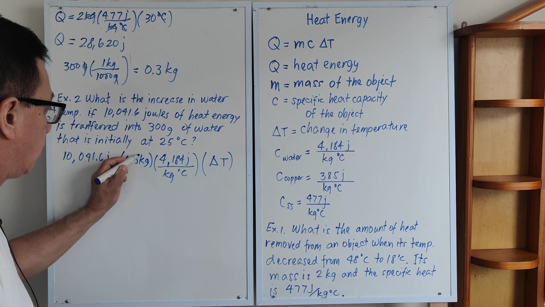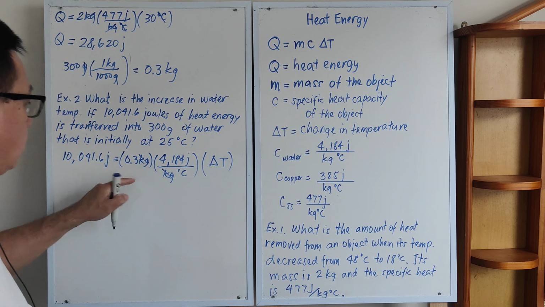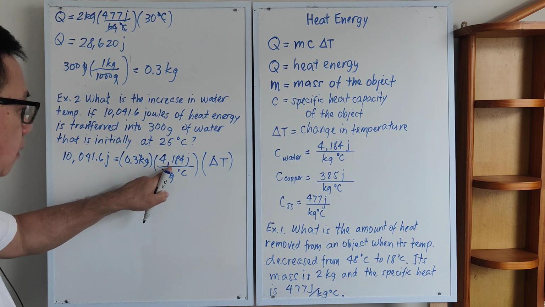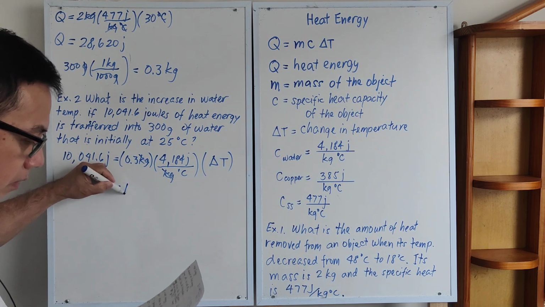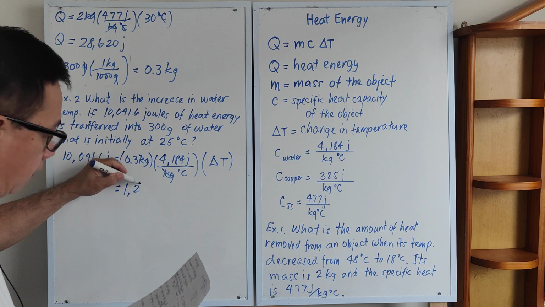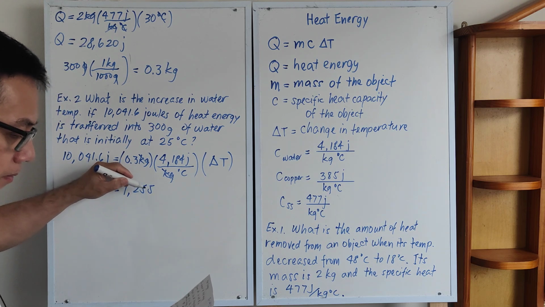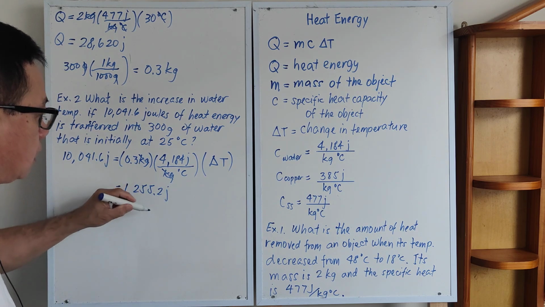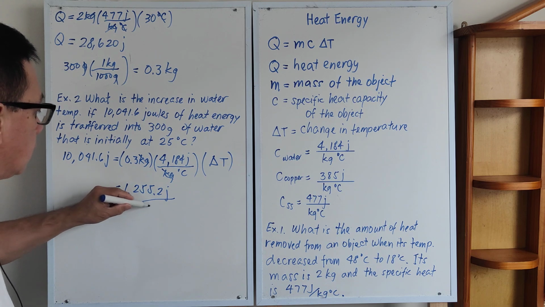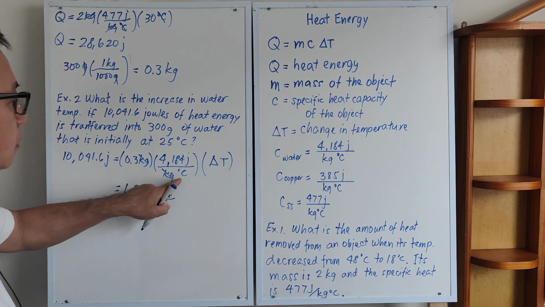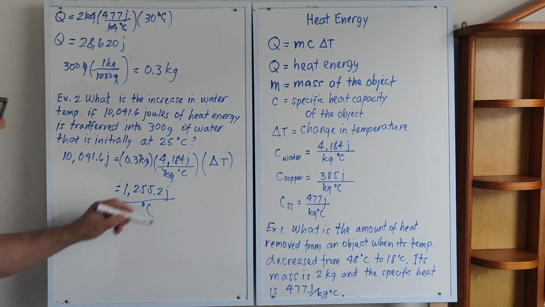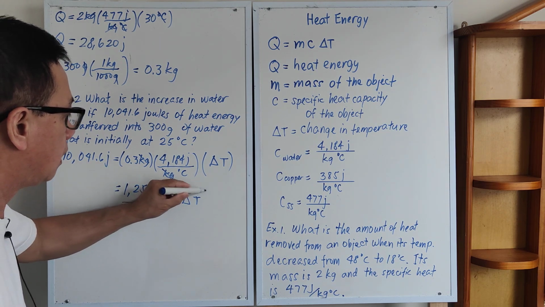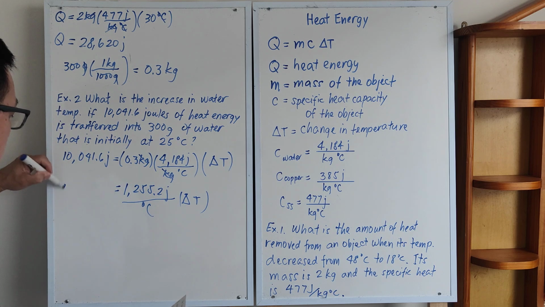Kilogram and kilogram will cancel out. We can multiply 0.3 by 4,184 joules, which is 1,255.2 joules per degree centigrade. So we still retain the units. Joules per degree centigrade times delta T